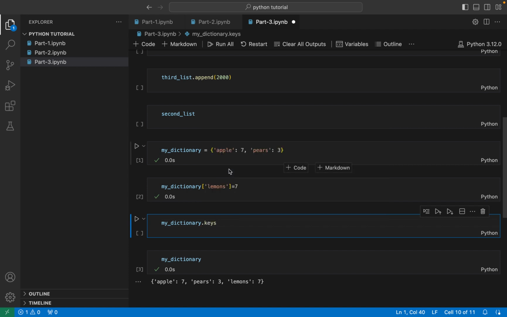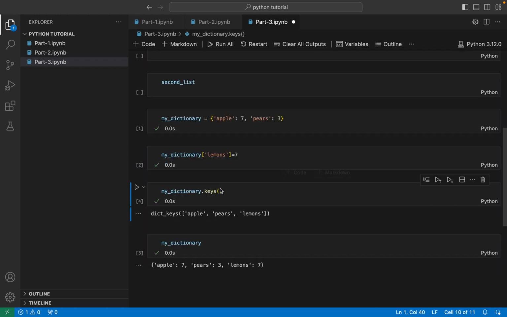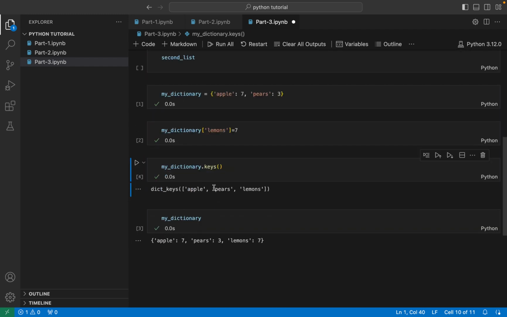So we can see the keys. That is a function, so let's put the keys in there. And we can see all of the keys in our dictionary. In other words, if you want to know what are the names I can pass in like this to get a value out, well, I can either pass in apple, pears, or lemons. And let's see what happens if I put in apples. And again, you get that nice auto typing to already know that that's one of the keys,